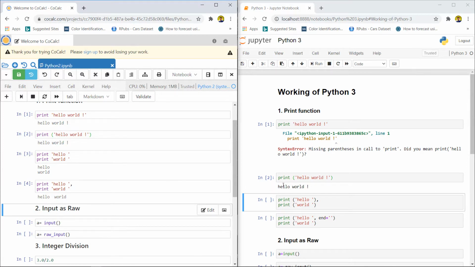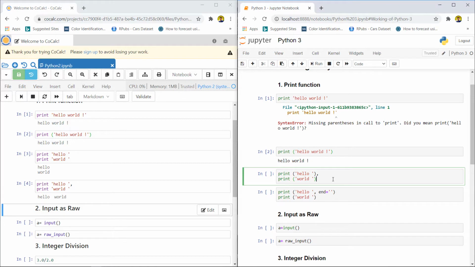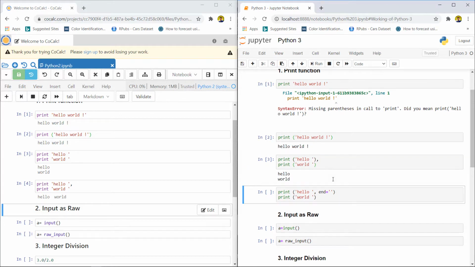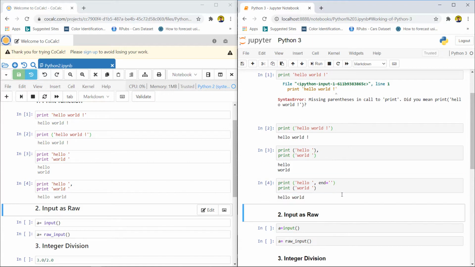To use the same function in Python 3, if we use a comma delimiter with the print function in the same line, it will make no difference. But in order to use the same function, you need to place an end operator in the print function specifying the ending, like if you want a space or a next line or just a same line statement. So if we use this statement, it will give the output in the same line.